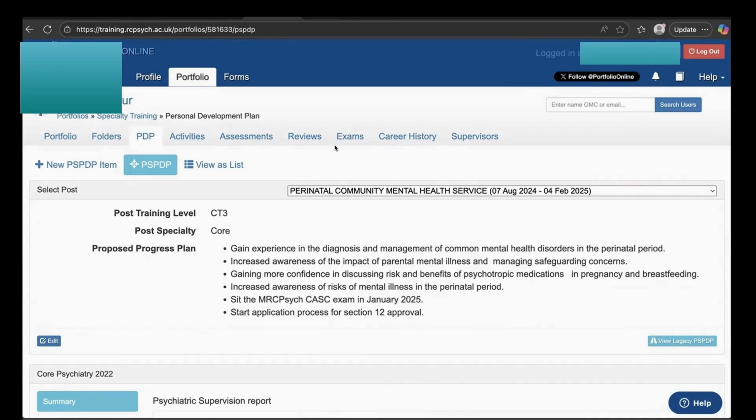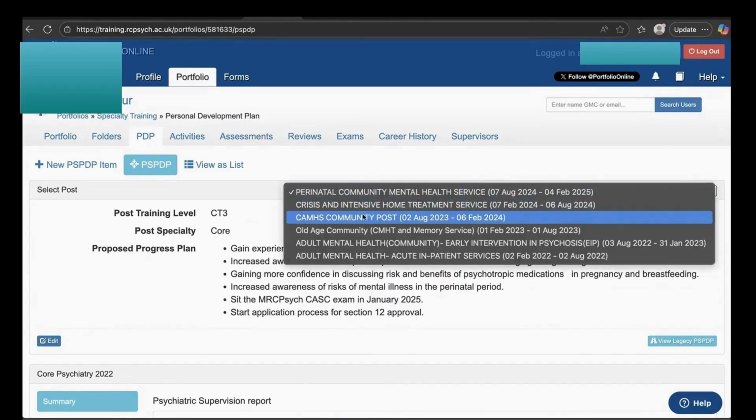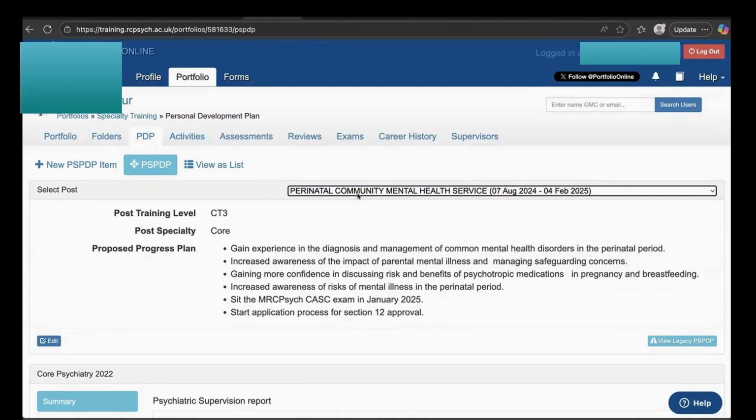Okay. Now, because the last placement in training was in the perinatal community team, that has come up here. But if you set up your career entry, that would show in this drop down menu. Okay, so you can see all my placements, my 6 placements in core training. Okay, so assuming that perinatal community team, mental health services, you're hosting. Okay, so that comes up. Now you go onto new PDP item, okay, to start creating your